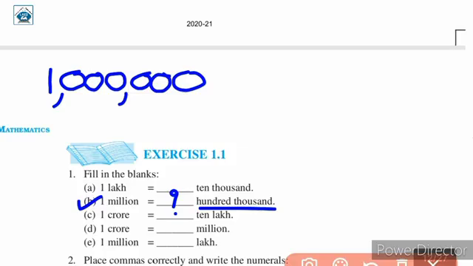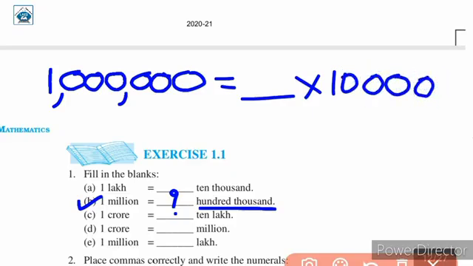Now how will you write 100,000? As you can see, ones, tens, 100, 1000, 10,000, 100,000. So the place value of 1 should be 100,000. So this will be equal to dash multiplied by 100,000. Now just like we did for part A, cancel the zeros. So here we have 1, 2, 3, 4, 5 zeros and here we have 6 zeros. So it is very simple that only 1 zero will be left.